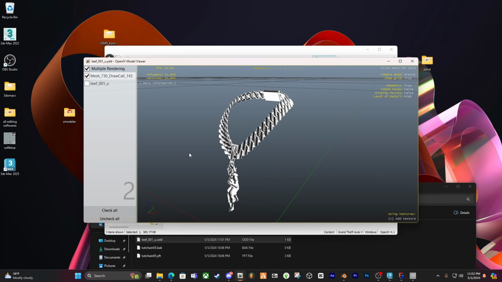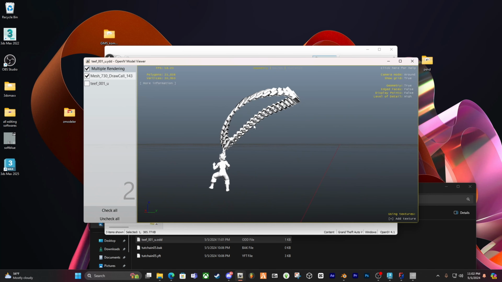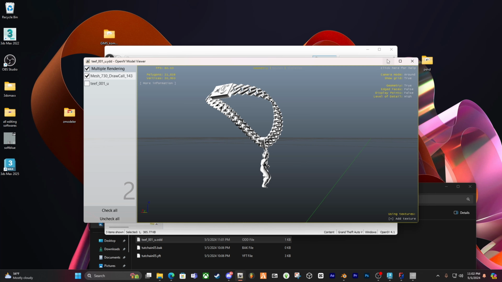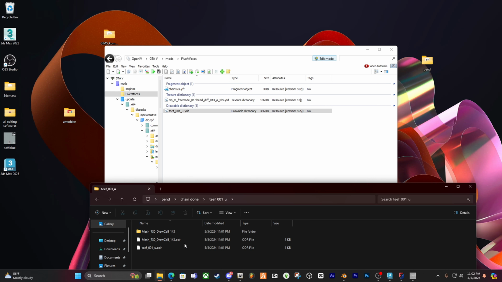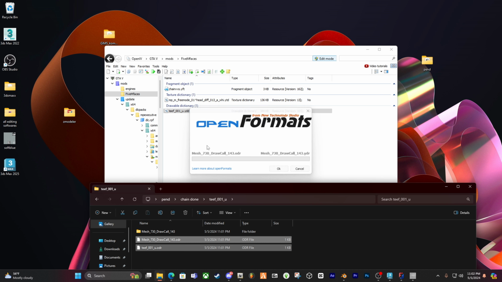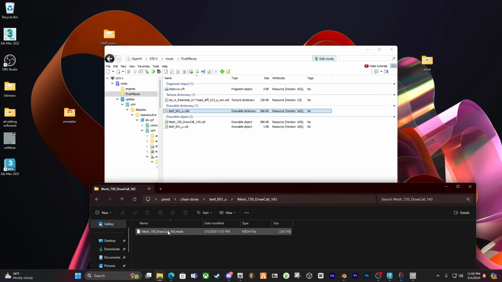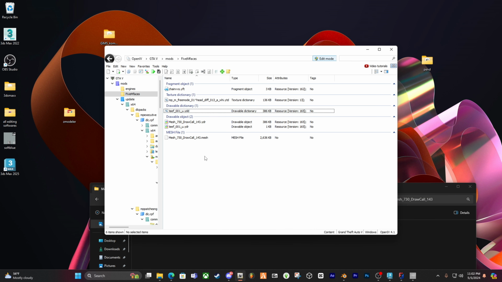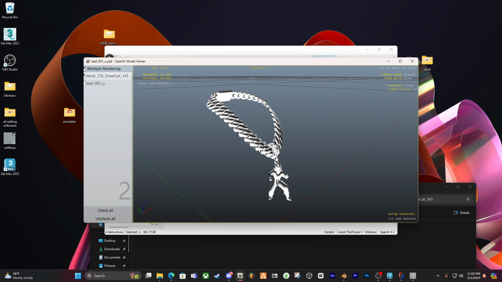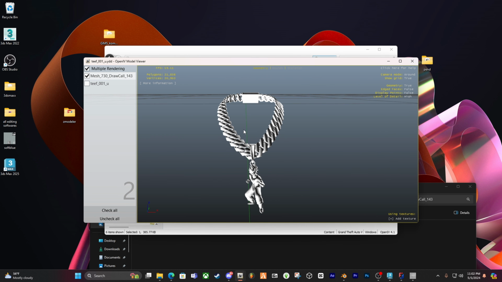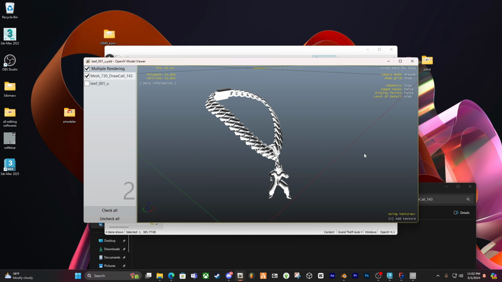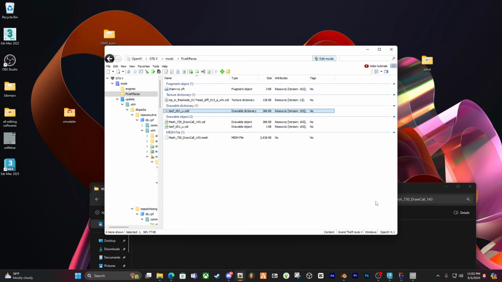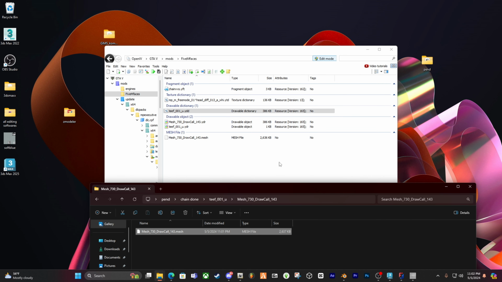View it around. Make sure it looks good. You can close out of this. And then this is gonna be all your textures and your YDRs, and then your mesh files. And then boom. So now the chain is in OpenIV and it's looking good. Alright, so the next step, we're just gonna make sure